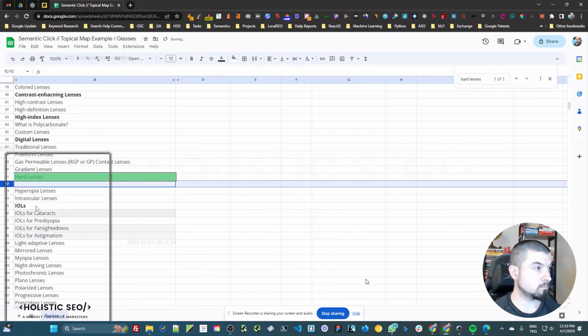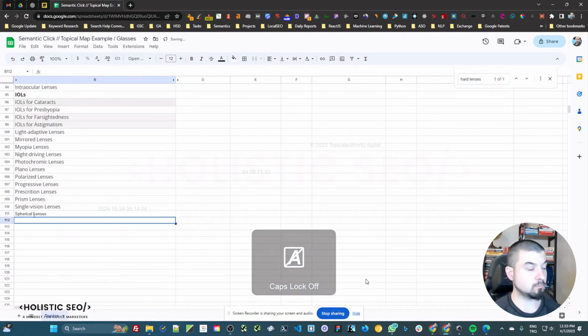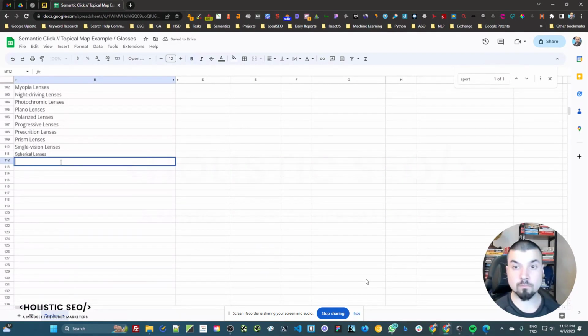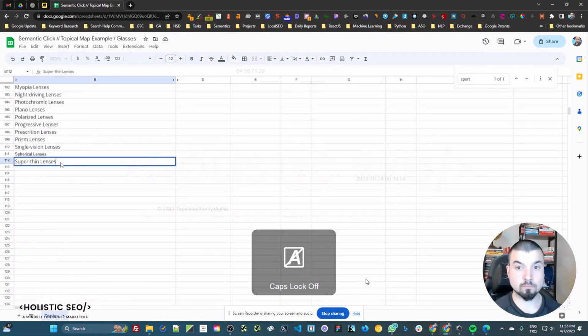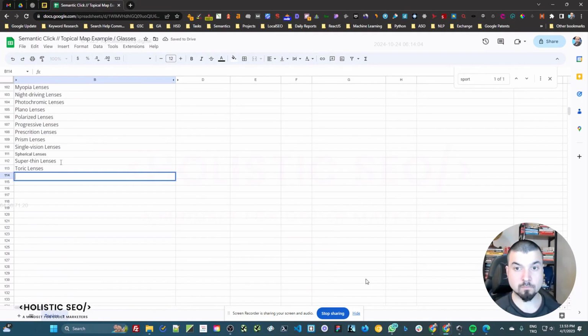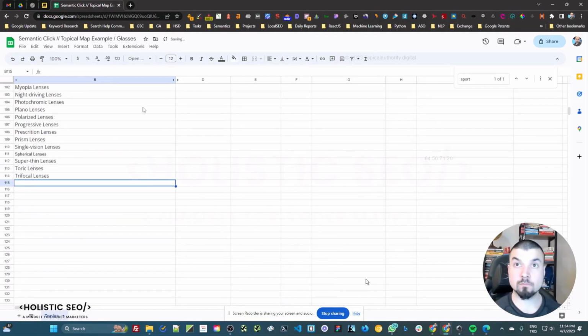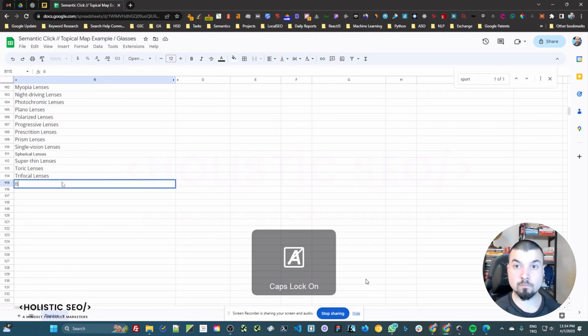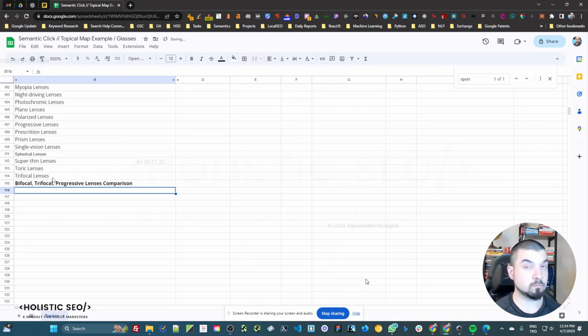And we ask the question of polycarbonate. What is polycarbonate? Because it's connected to high index lenses, we create a subsection directly inside high index lenses too. And we made contrast enhancing lenses another section as well. We go for hard lenses or soft lenses, intraocular lenses or IOL lens types, or the subsections for that as well,